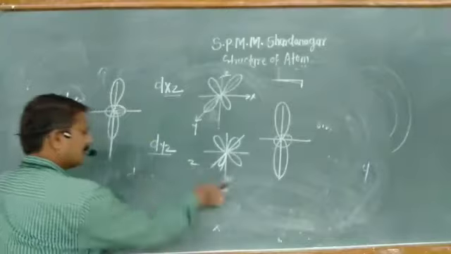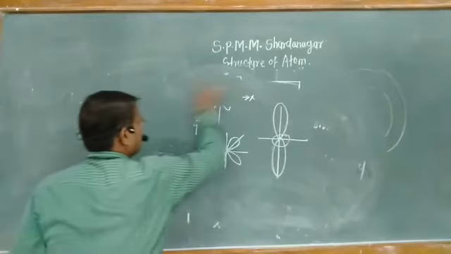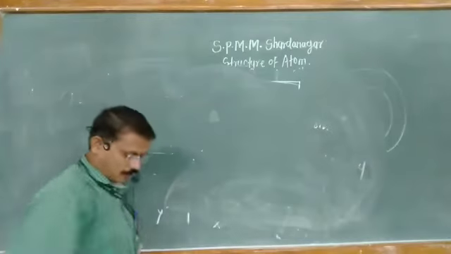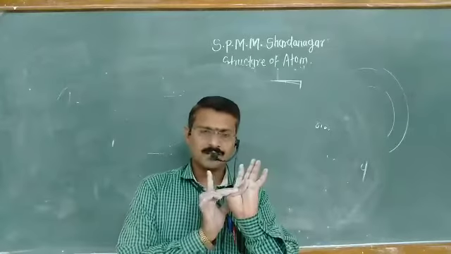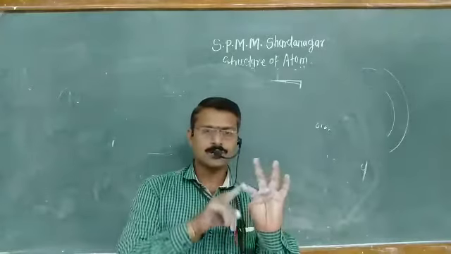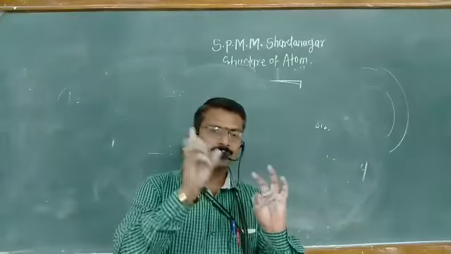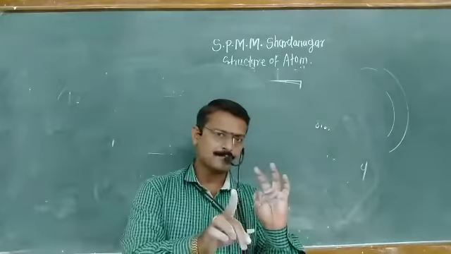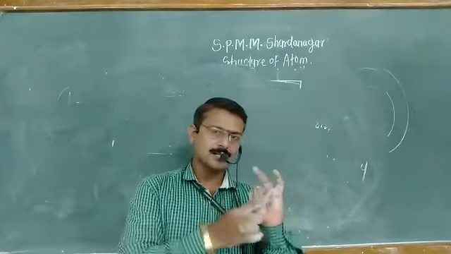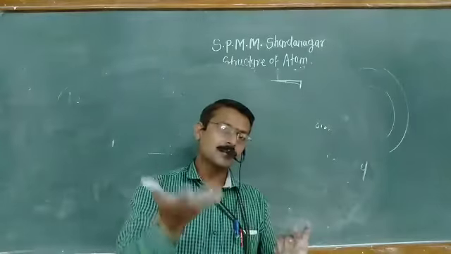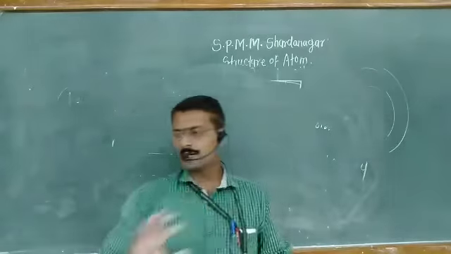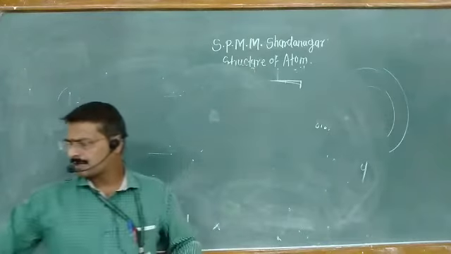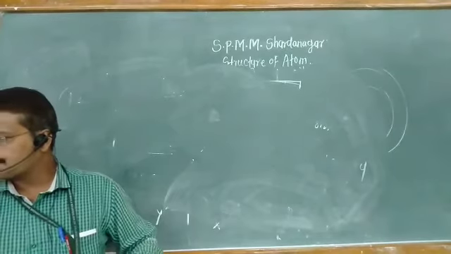In the last few minutes, what we discussed in today's lecture: the shape of the s orbital. It is spherical. It has only one orientation. The p orbital has 3 orientations. It is a dumbbell shape: Px, Py, Pz. Then the d orbital. It is a double dumbbell shape. How many degenerate orbitals? It is a 5 degenerate orbital.